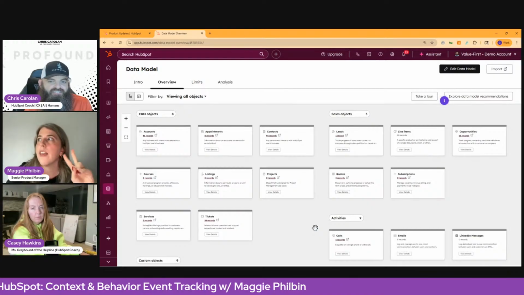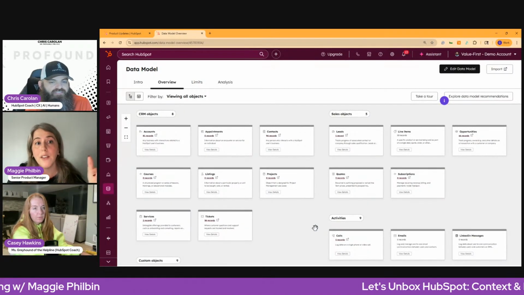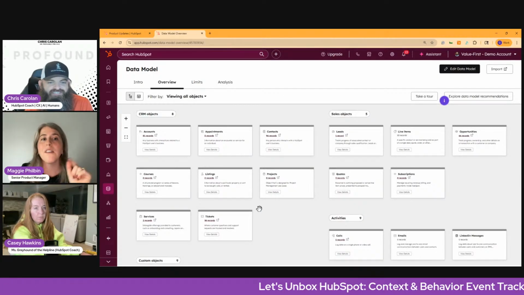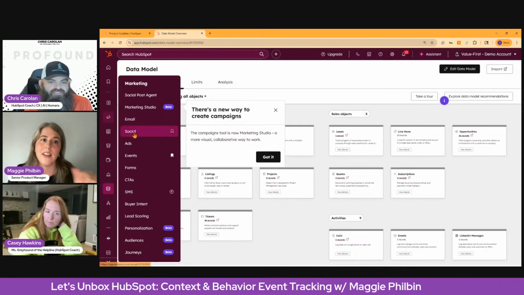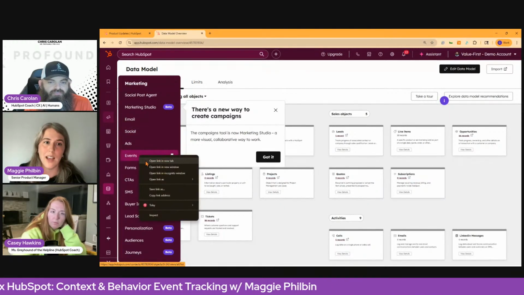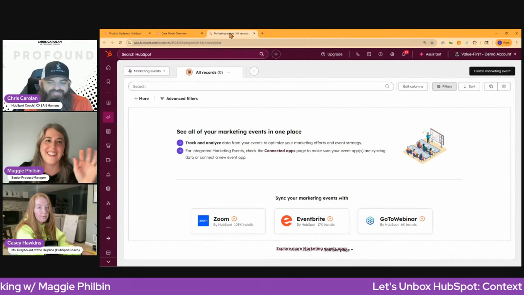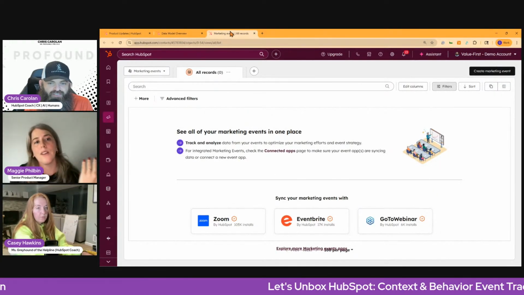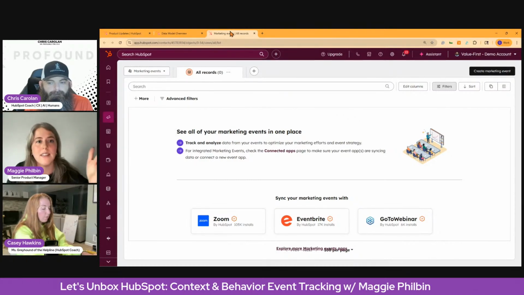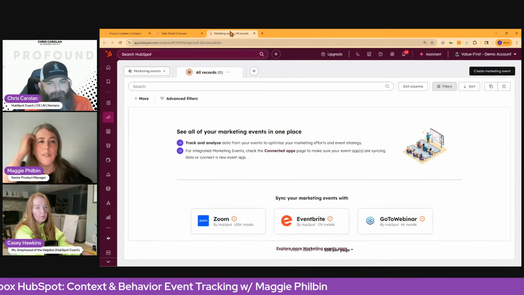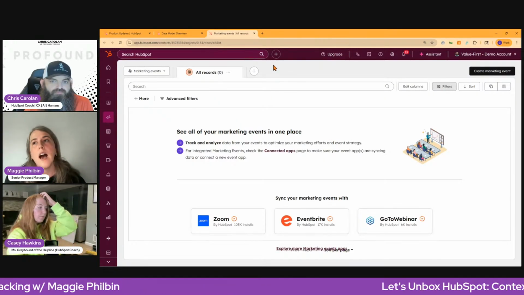The other area where the explanation of the data model gets really confusing for folks is marketing events. And you nailed the articulation of it. Marketing events uses the word event, but it itself is not event data. It is an object that describes people going to things in real life. I'll be so real, we have debates about the language used here internally. Ultimately, the word event means a bunch of different things in marketing, and it is the appropriate word to describe something that people attend in real life. But from a data model perspective, it is an object. So that's something that trips a lot of people up as well.